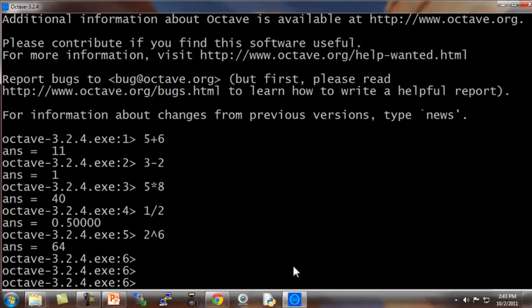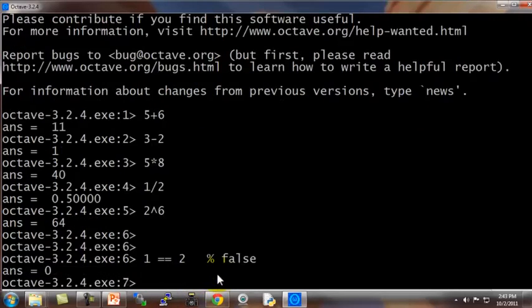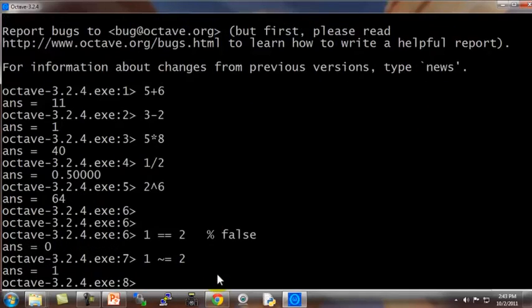You can also do logical operations. So 1 equals 2, this evaluates to false. The percent sign here means a comment. So 1 equals 2 evaluates to false, which is represented by 0. 1 not equals 2. This is true, so that returns 1. Note that the not equals sign is this tilde equals symbol, and not bang equals, which is what some other